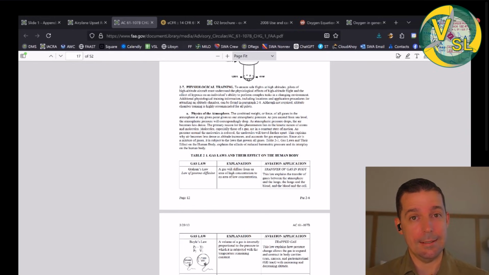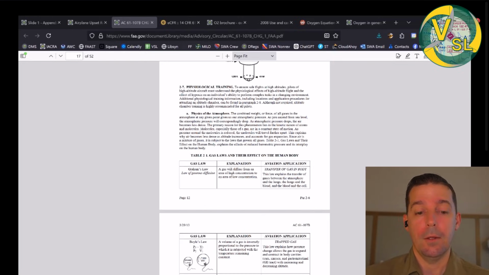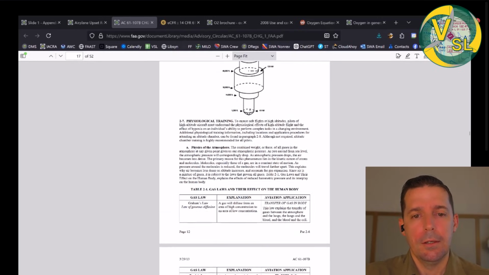How much do I need? And do I have enough for the planned flight at the altitude that I'm going to? Right, and that's where we get back to the Airman Certification Standards for Commercial Pilot, where it said you're going to have to demonstrate proficiency in being able to determine the appropriate amount of oxygen for the flight that you're doing. So this gets into physiological training here, but let's pause that for a second and talk about